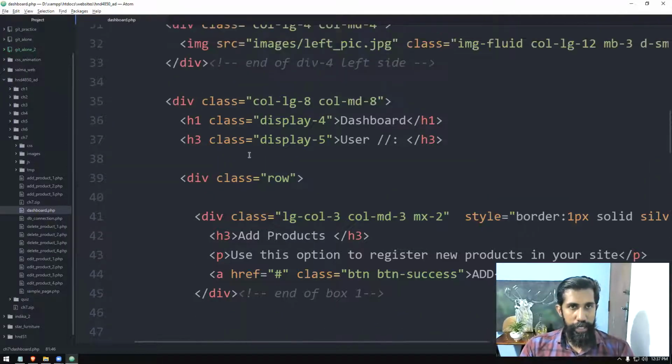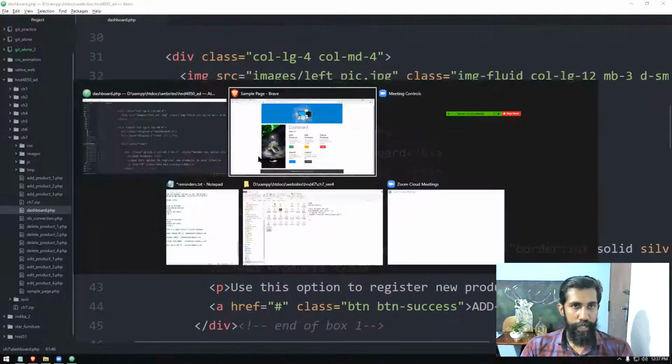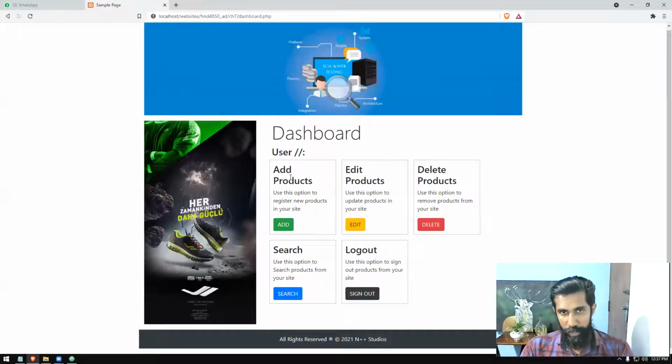Okay, as I said, I have finished building most of the dashboard. As you can see, the code part is here. Take a look at the output. It displays a heading called dashboard, and the user is displayed here. Next to that, we're going to display who has logged in. Then these are the options that you can do. The facilities provided with this dashboard are adding, editing, deleting a product. We have provided the buttons, which are actually HTML links. Then search and logout are there. We're going to build them.